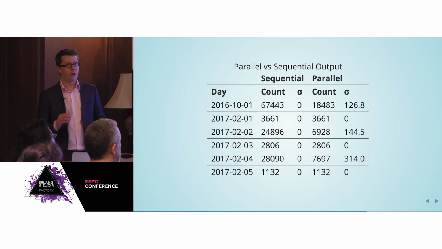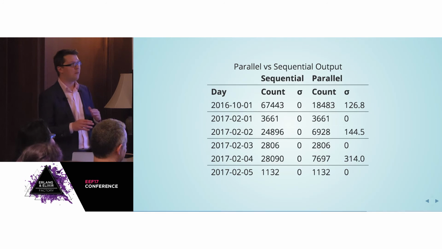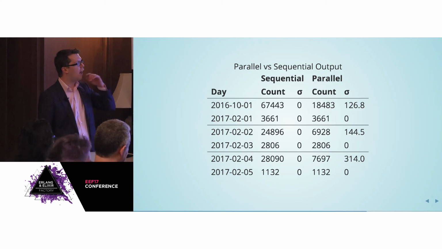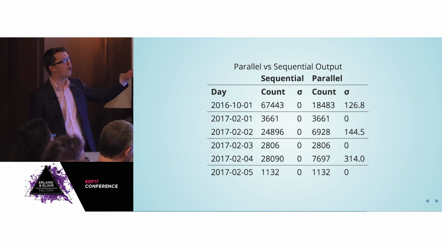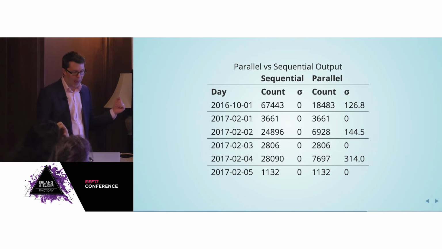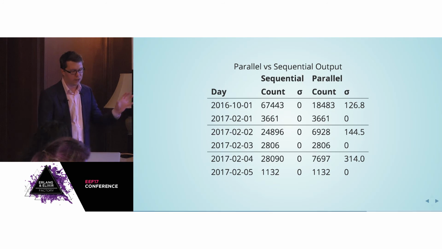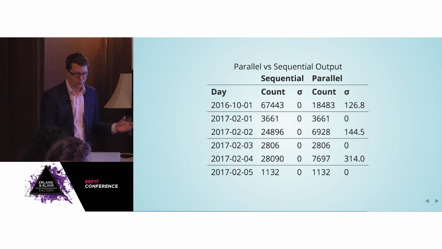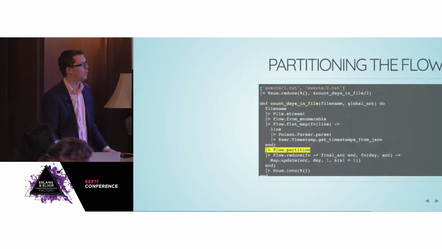Unfortunately, it was also twice as wrong. And every time I ran it, I got different numbers. They were always wrong, but they were wrong in different ways. And it's actually interesting that they're only wrong for the larger numbers. The smaller numbers are correct. And that gives maybe a little insight into what sizes of batches of data Flow is working with as it moves things through the pipeline.